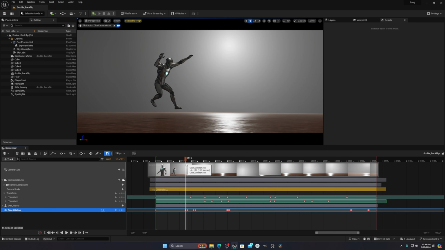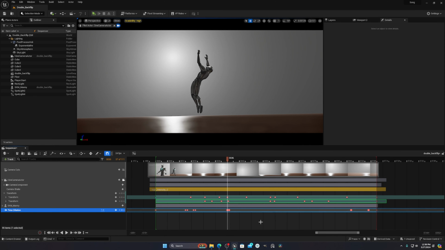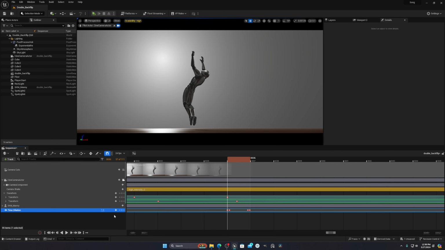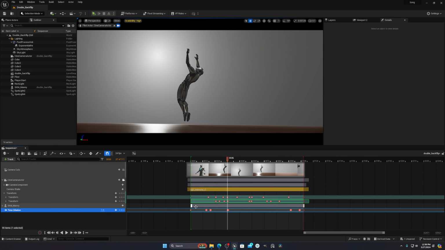And in my case, I just do this type of slow motion in this area and then like this, and you just do this type of keyframing. It's very simple. You just add keyframes, and like this you are able to do this type of slow motions. Okay, so this is the slow motion part that is very simple to do,